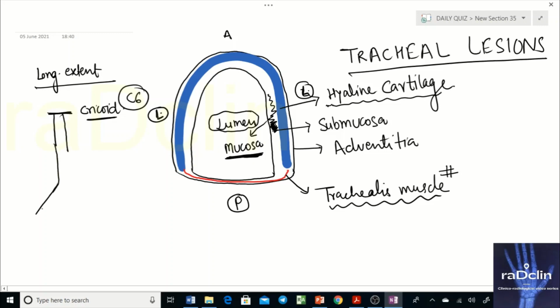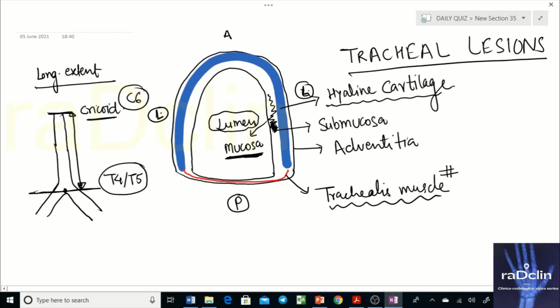The trachea extends till the point of carina. Up to this point is the extent of the trachea, and the bifurcation of the trachea into two bronchi occurs at the vertebral level of the T4-T5 intervertebral disc, if I'm not wrong. Up to this point we call this airway the trachea. It has incomplete cartilage rings. Similarly, bronchi also have cartilage.